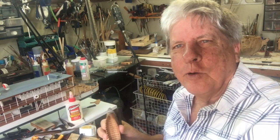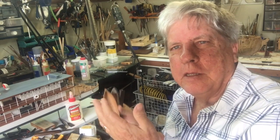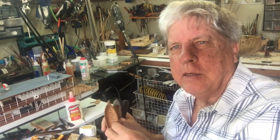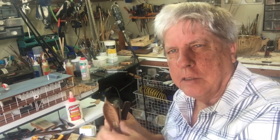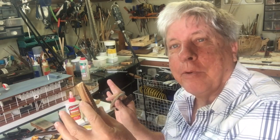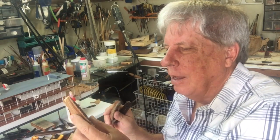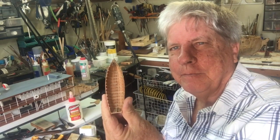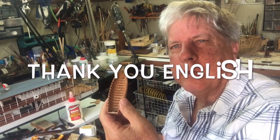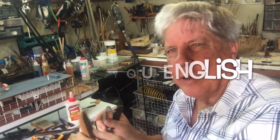So there's no question that between the mold release wax and the PVA polyvinyl alcohol, it popped out. Despite all my apprehension, it popped out absolutely perfectly. So here's the solution to making the next 1,000 lifeboats or gigs